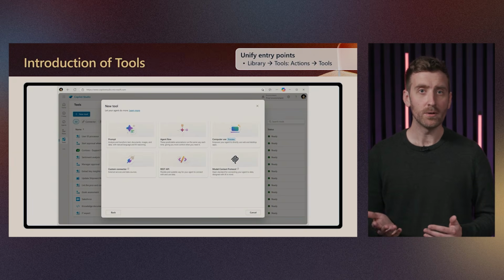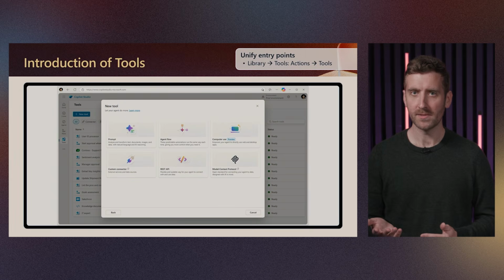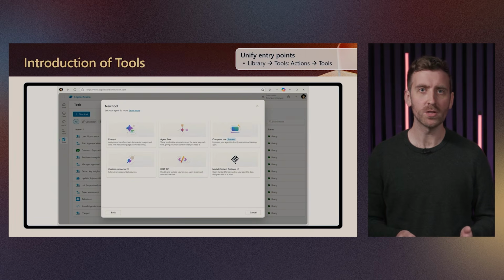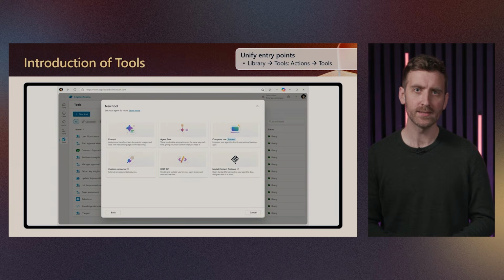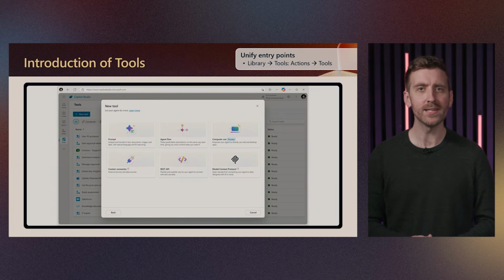But just a high-level overview, first off, we have prompts. Now, prompts enable makers to create their own unique AI capabilities to build intelligent agents, flows, and apps. Next, we have agent flows. These allow makers to automate sets of business-specific tasks. Custom connectors and REST APIs come next, providing makers with the ability to connect to third-party systems that aren't available